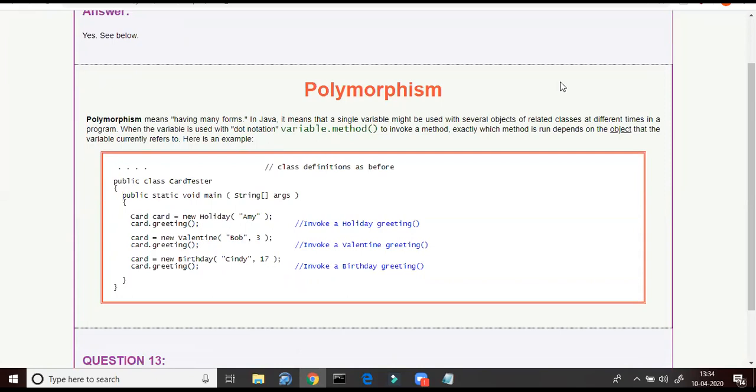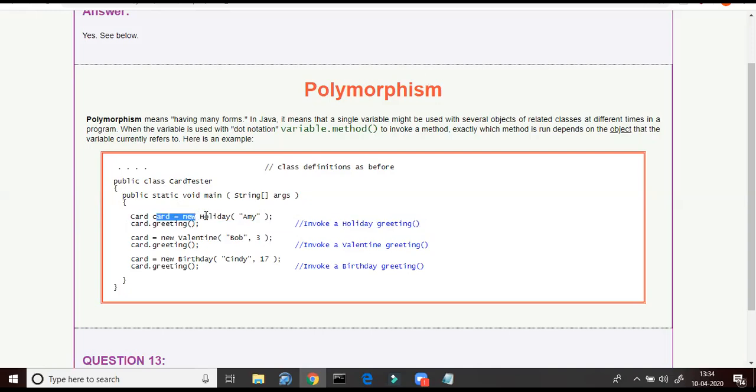So this is the concept by which a superclass reference variable can point to a subclass object. There are many greeting methods. There is a greeting method in the holiday class, in the Valentine class, and in the birthday class. So which greeting method should be called? That decision depends on where the reference is pointing.